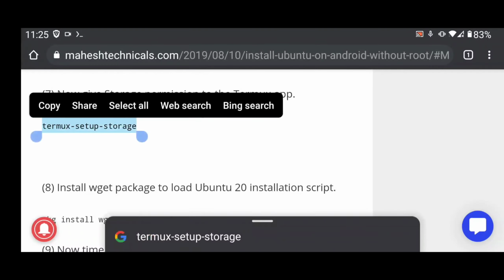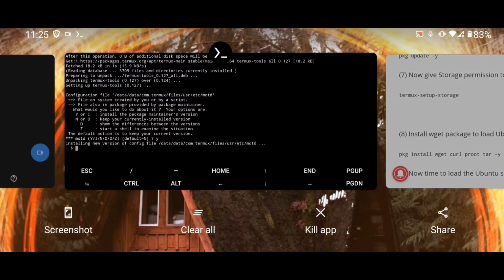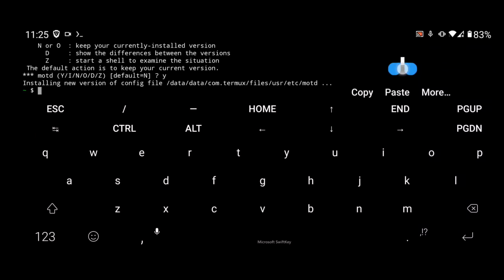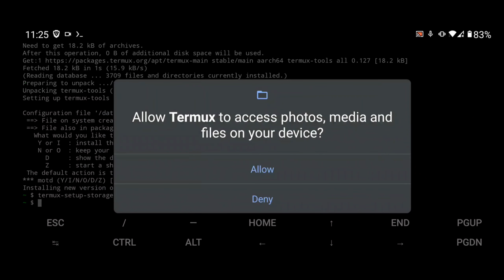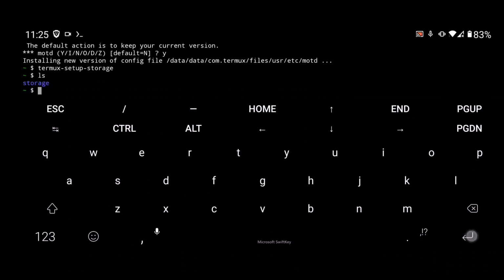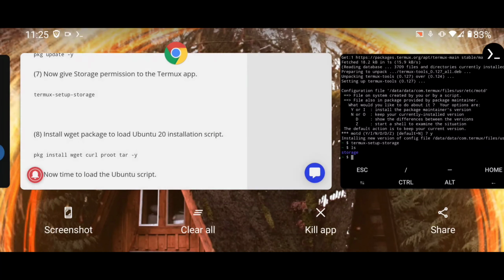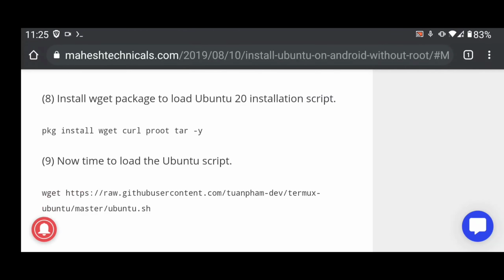The next command is for storage permission, allow it and let's check ls and you can see the storage folder here.